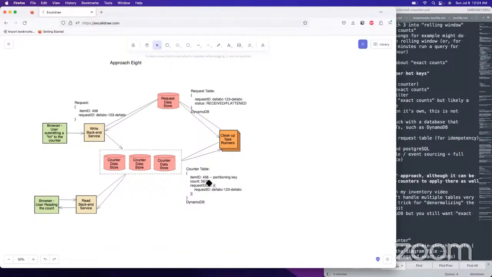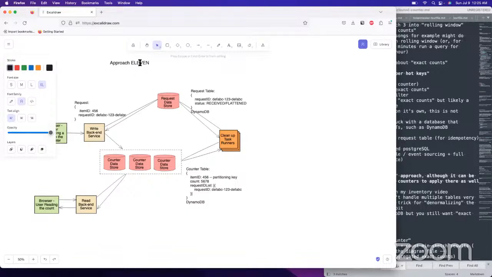But the issue is that if you don't have the cleanup worker, the request ID list would become thousands of different requests, because you're combining them both by denormalizing the request table into the counter table a little bit for making the idempotency happen. But then you also need to clean up the request ID list and eventually delete all those request IDs, otherwise it would become thousands. And so then you have this other thing over here. It was really wacky.